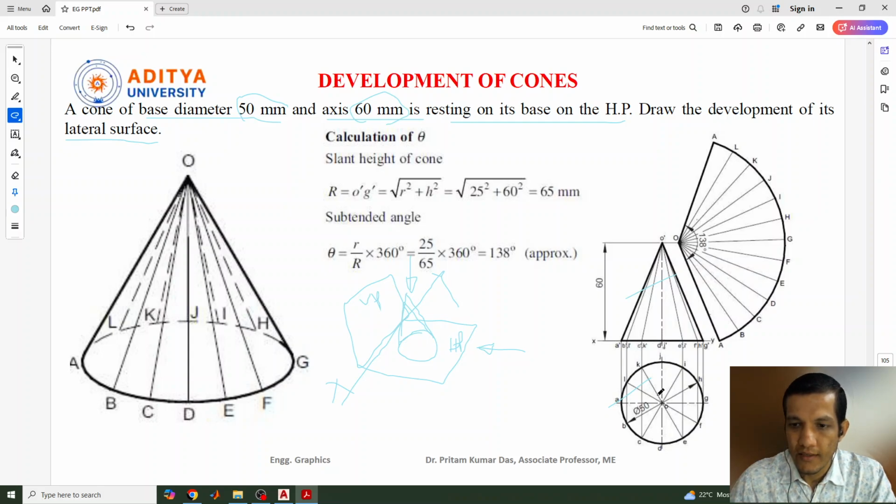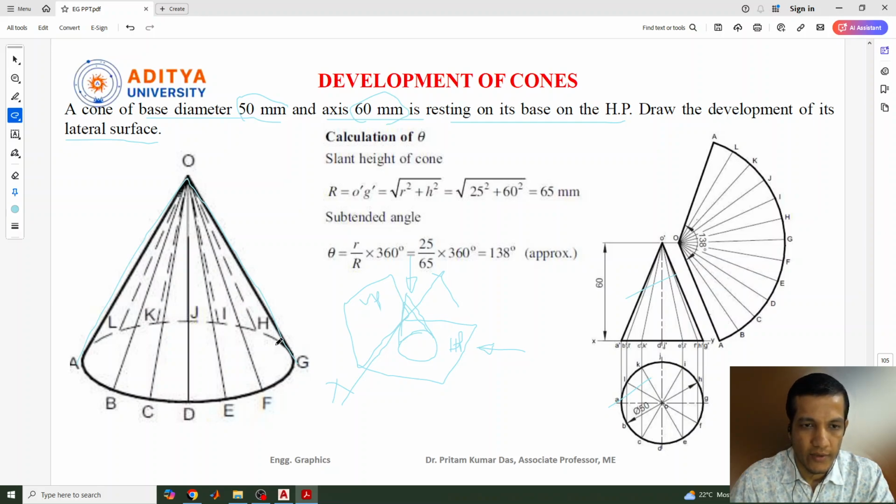So this one center axis line we can give as a dotted line. Then we need to go for the development of the cone. Okay. To draw the development of the cone, that means if I unfold this cone, how it looks like. Okay. So one slant will be here, OA point, one slant will be there, OG point in the last. So if I unfold this one, then it will become from OA to OG, again G to A. That means it will be a complete